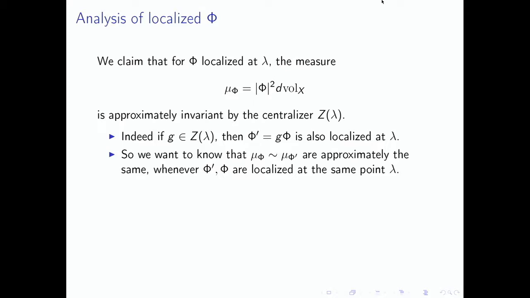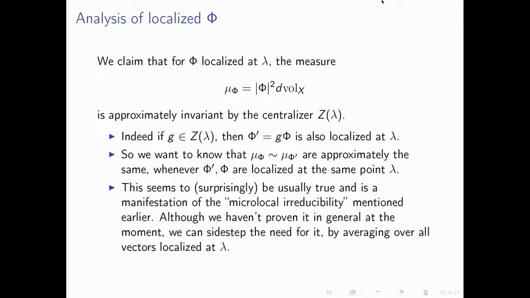That statement, it's certainly not a formality. Okay, there are lots and lots of vectors which look essentially different that are localized at the same point. It seems to be true, and this is a manifestation of this thing which I called microlocal irreducibility earlier. Okay, it roughly means that an irreducible representation inherits some form of irreducibility even after you microlocalize it. But we haven't proved it in general, and it turns out we can sidestep it for this application completely. Okay, so